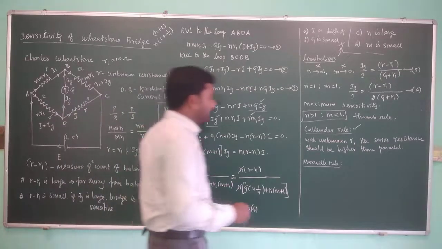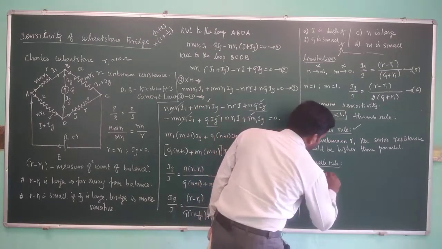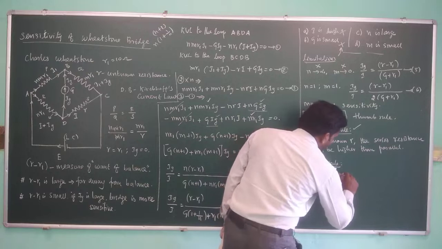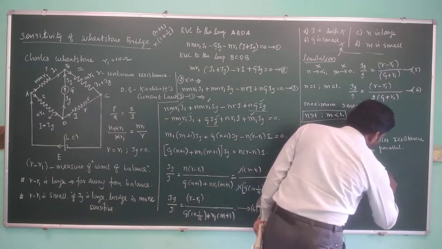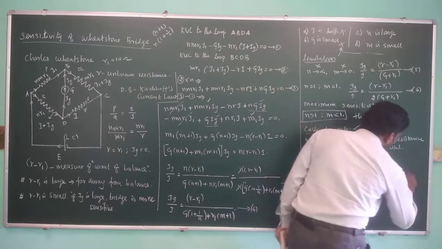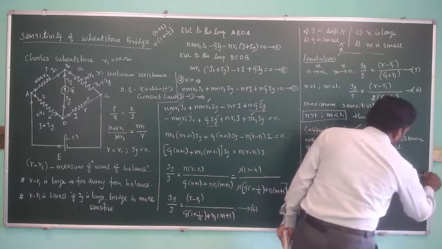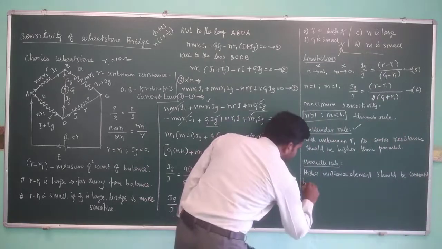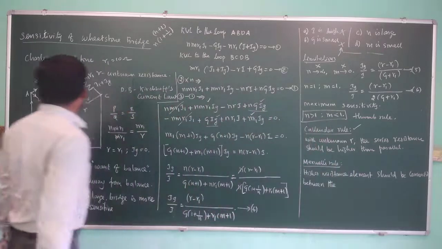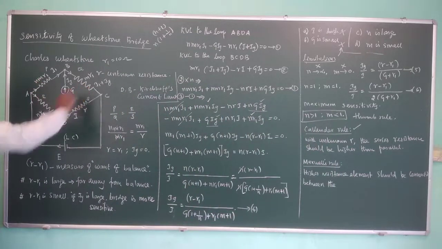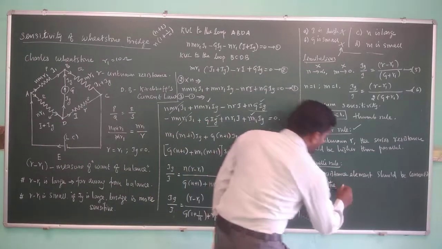That higher resistance element among galvanometer and battery should be connected between the junctions where two high resistance and two low resistance meet. Okay, between the junctions